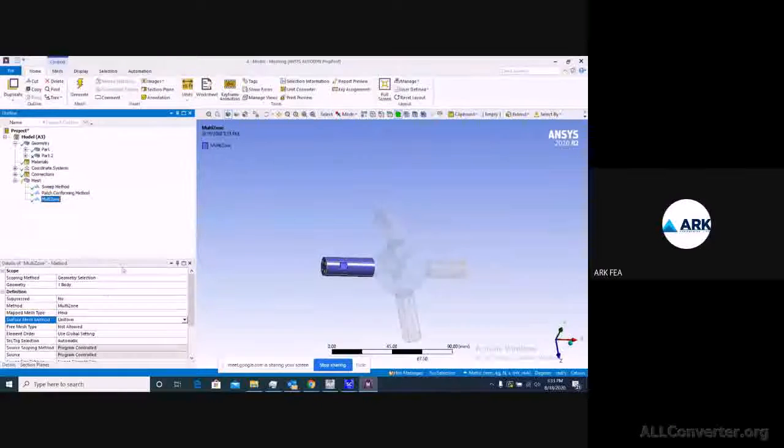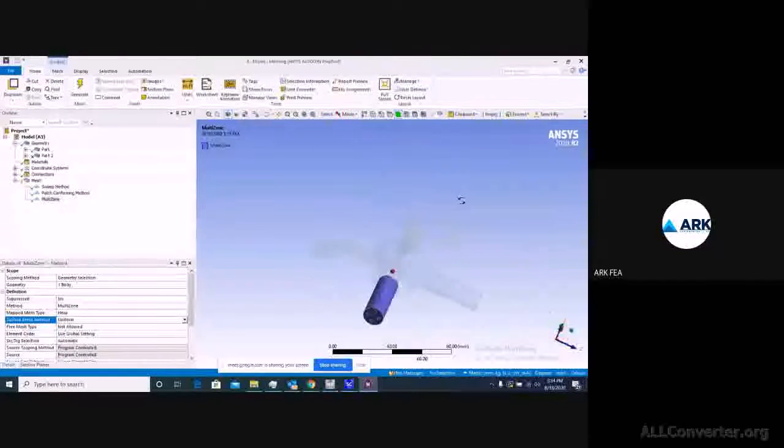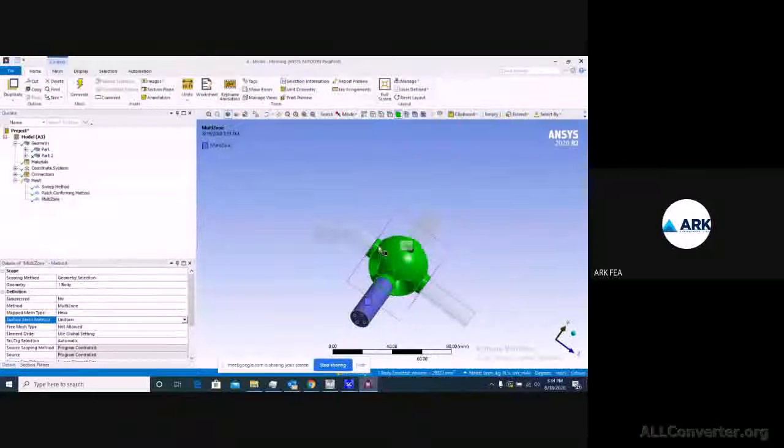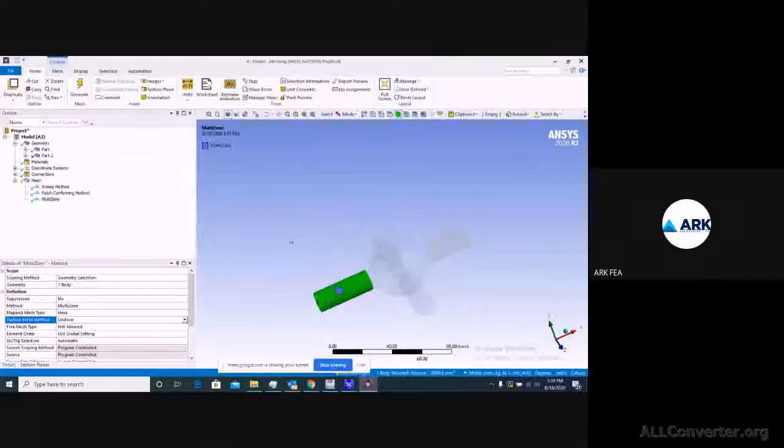So you can go with multi-zone here, or you can change it to uniform or program controlled. If you have no clue, you can change it here. Right, so we have defined the meshing methods for this body, and these three bodies we have assigned with sweep, and this part we have given multi-zone.